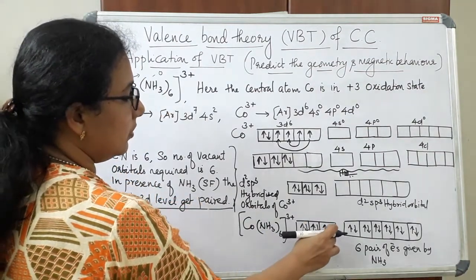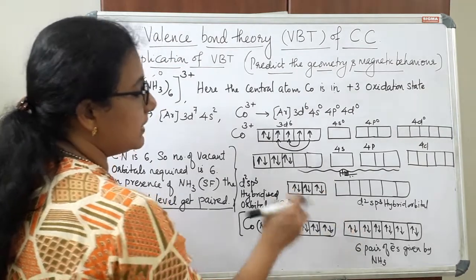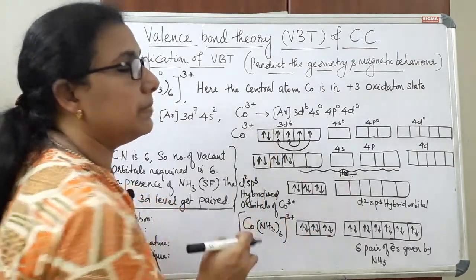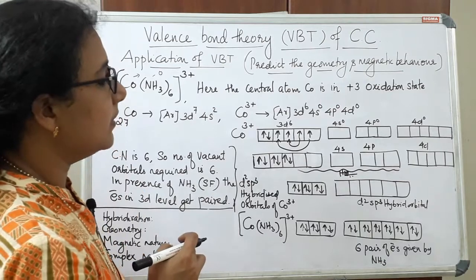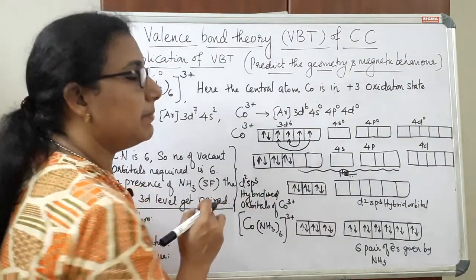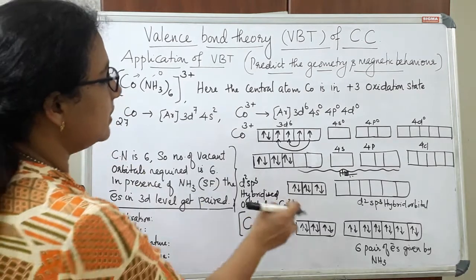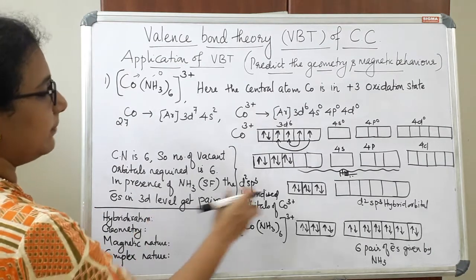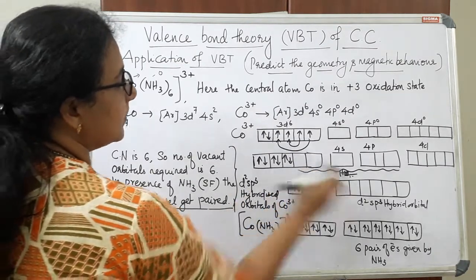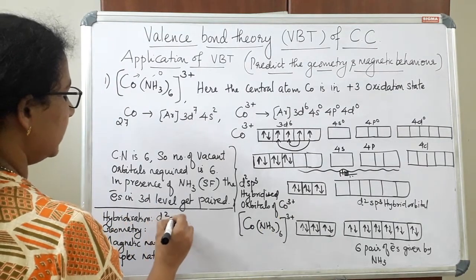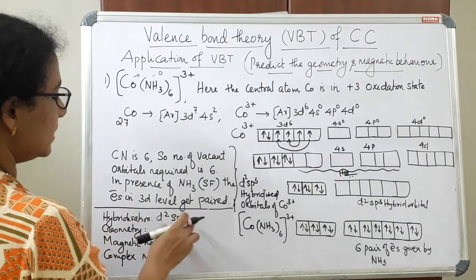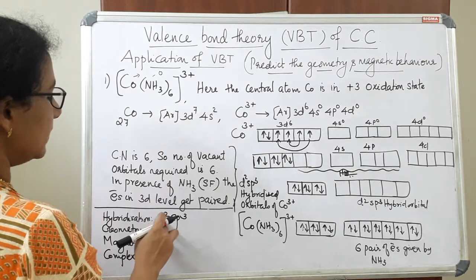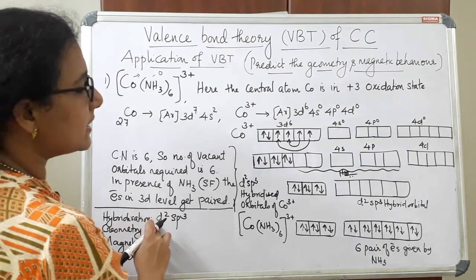So the filled orbital of the ligand and the vacant orbital of the metal will overlap together to form a ligand-metal coordinate bond. So this is how this complex is formed. Now let's see the type of hybridization. The type of hybridization is d2sp3 hybridization. So we need to write the hybridization. This will be asked in examination, that is, what is the type of hybridization in this complex, that is d2sp3 hybridization.